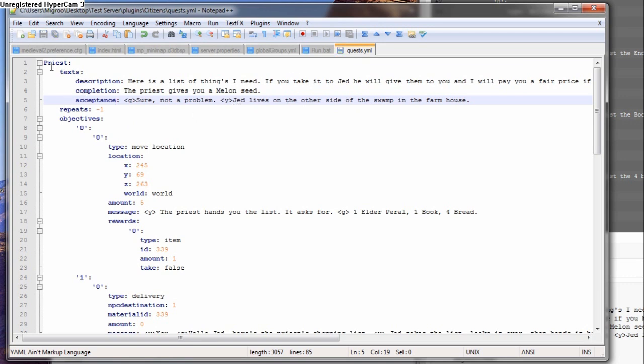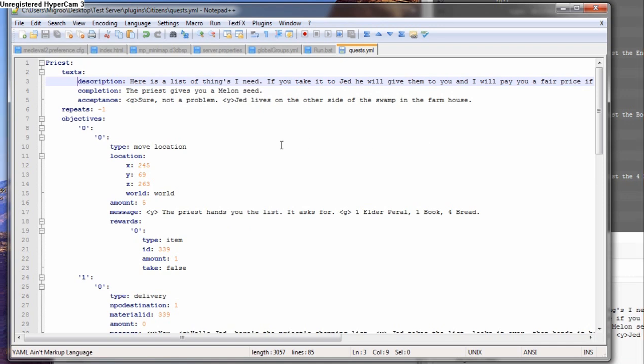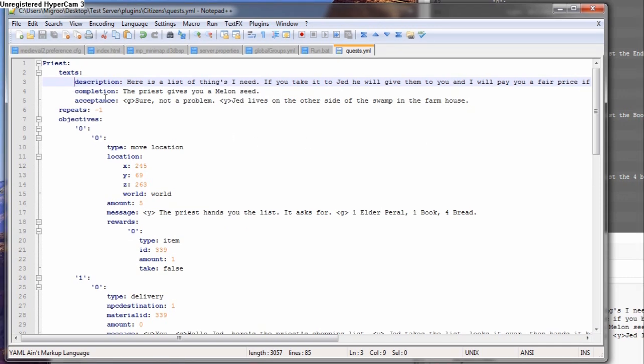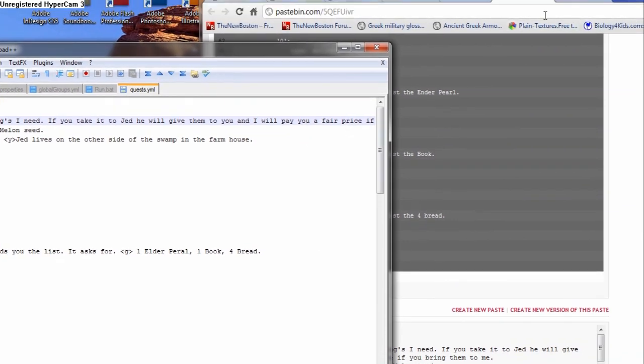Okay, basically what we have here is the title of this is Priest. Now, this is a YML file. YML files, they do all of their formatting with spaces. So as you can see, I don't have any tabs anywhere in here. And if I delete one of these spaces between here and here, I'm going to get weird errors. And I'm going to include a link to a YML parser. I'll just show you that right now. Here, let me go over there a second.